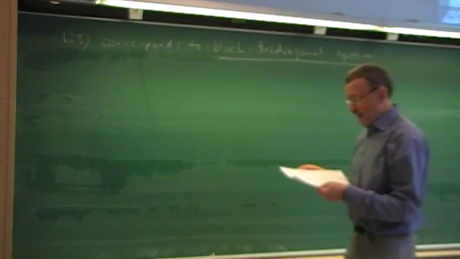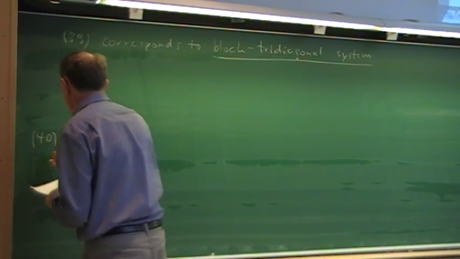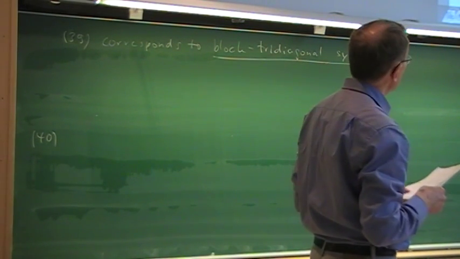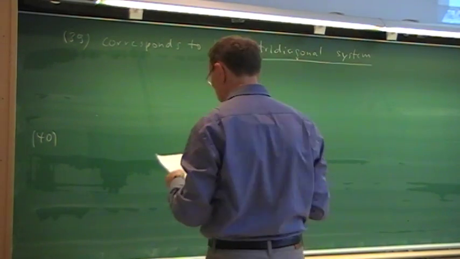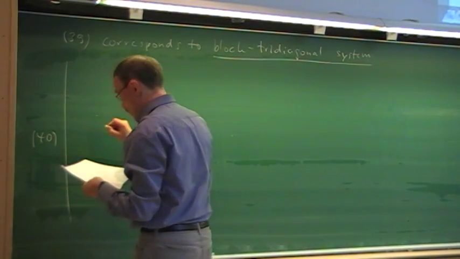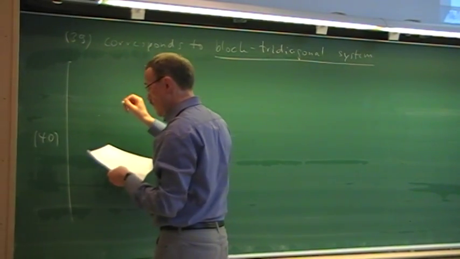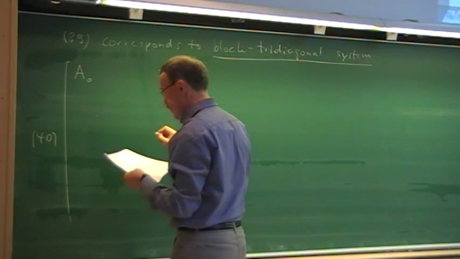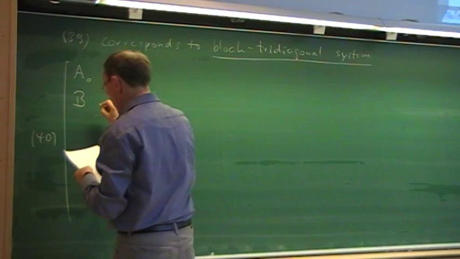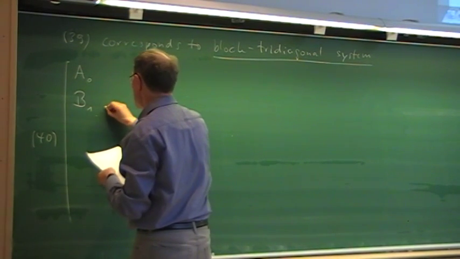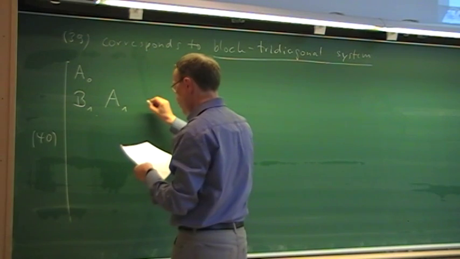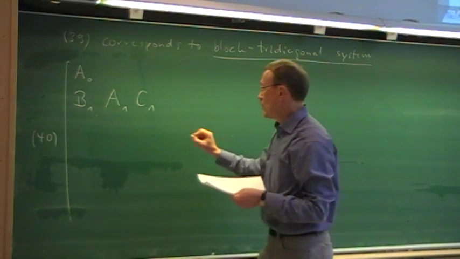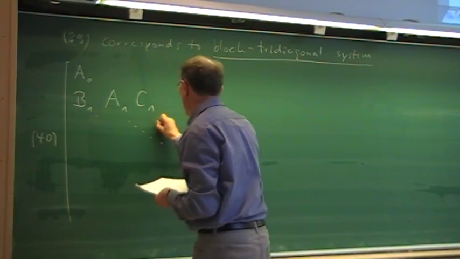But what we will get in the end is something that you already see in this part from the lecture notes, that is the very end of the lecture notes of chapter 11. And that is, we have here the unity matrix, and then we have here block matrices, which I denote A1, B1, and C1, and those were the matrices we looked at yesterday. And this pattern will continue all the way down